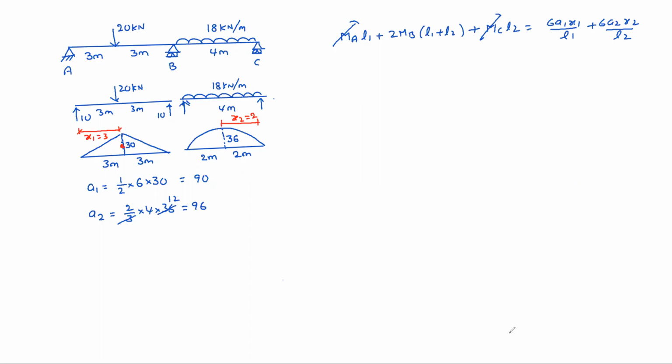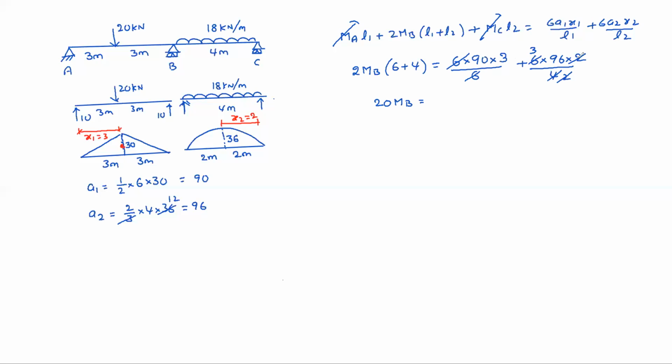So substituting the remaining things: 2 times MB (6 plus 4) equal to 6 into A1 90 X1 3 by L1 6, plus 6 A2 96 X2 2 by L2 4. So 20 MB equal to, 6 gets cancelled, 270 plus